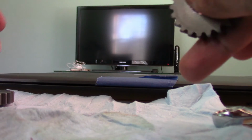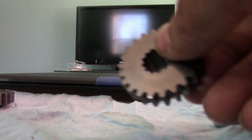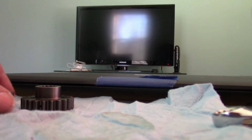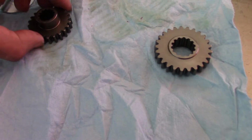On the other hand, you know, that set of dyno runs I did was pretty rigorous, so maybe that played a part too, versus just regular street riding. I don't know, but you know, once the season rolls around again, I'm gonna be pulling that oil cover cap and just go in there with a flashlight and just do like an inspection. But outside of that, like I said, it was torqued on there pretty good, and this was the method I